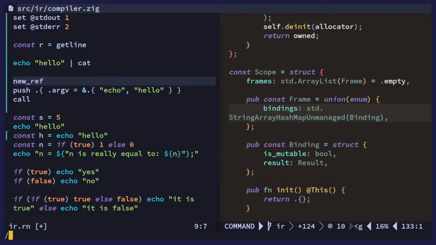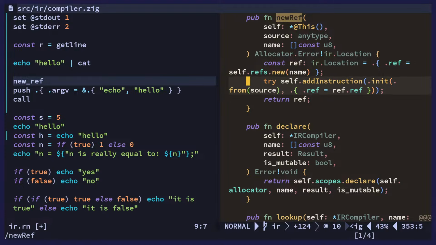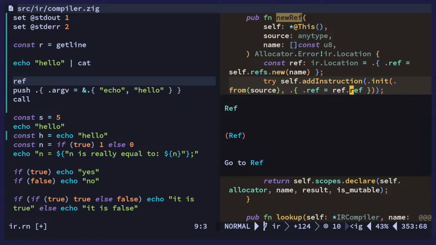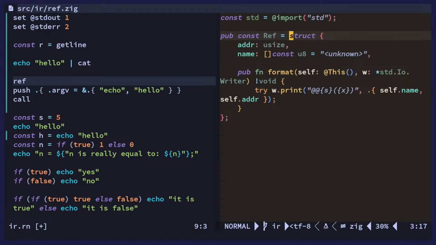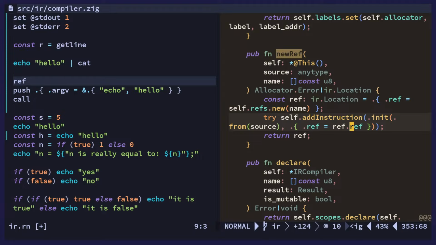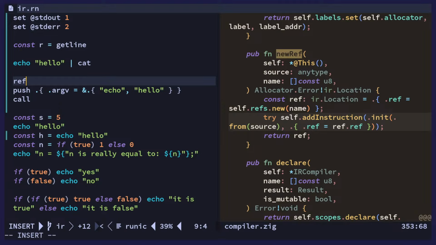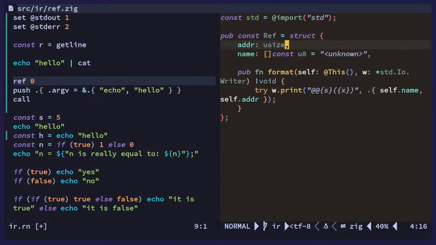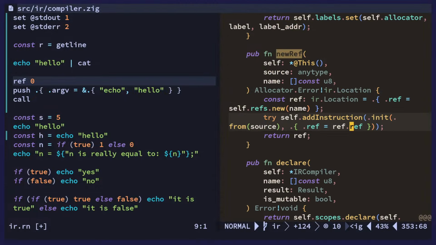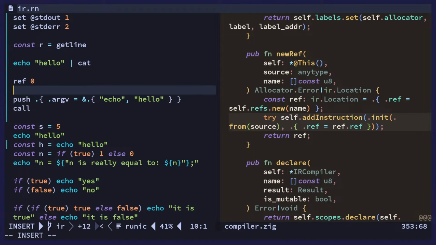Let's go to the compiler actually. So new ref. We have this ref thing, which is a ref. So the ref actually has an address. Oh yeah, that's right. The ref has an address, and the address is maintained, the address is known. So let's say this is the first ref, so it would have ref 0, I think. Yeah, this is local to refs, so it would be 0. And then we would actually set that ref, so this would be like 0 equals